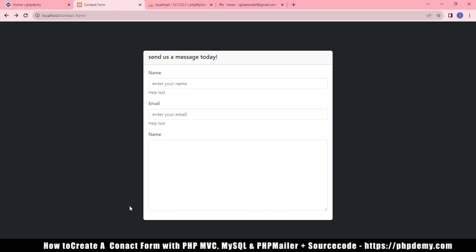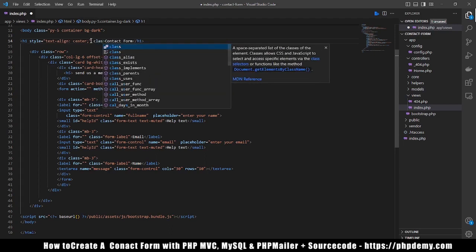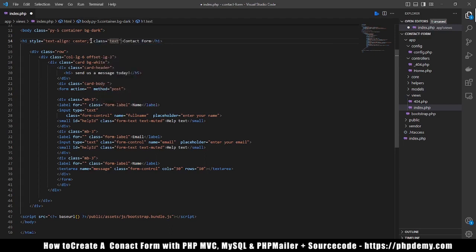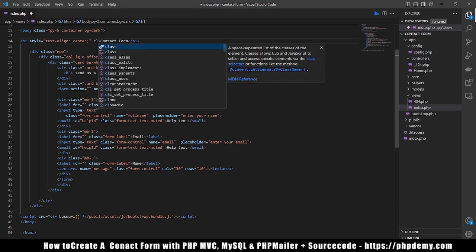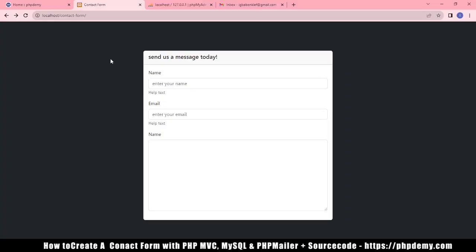All right, and then this text here should have a class of text-white, and then the text here should have a class of text-white. All right, so